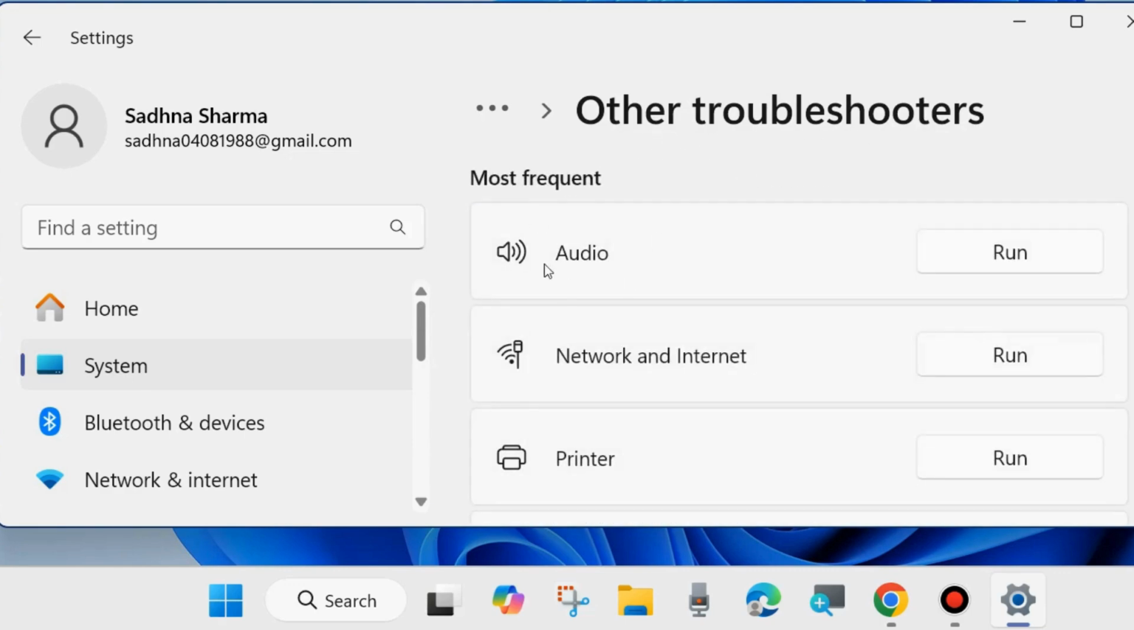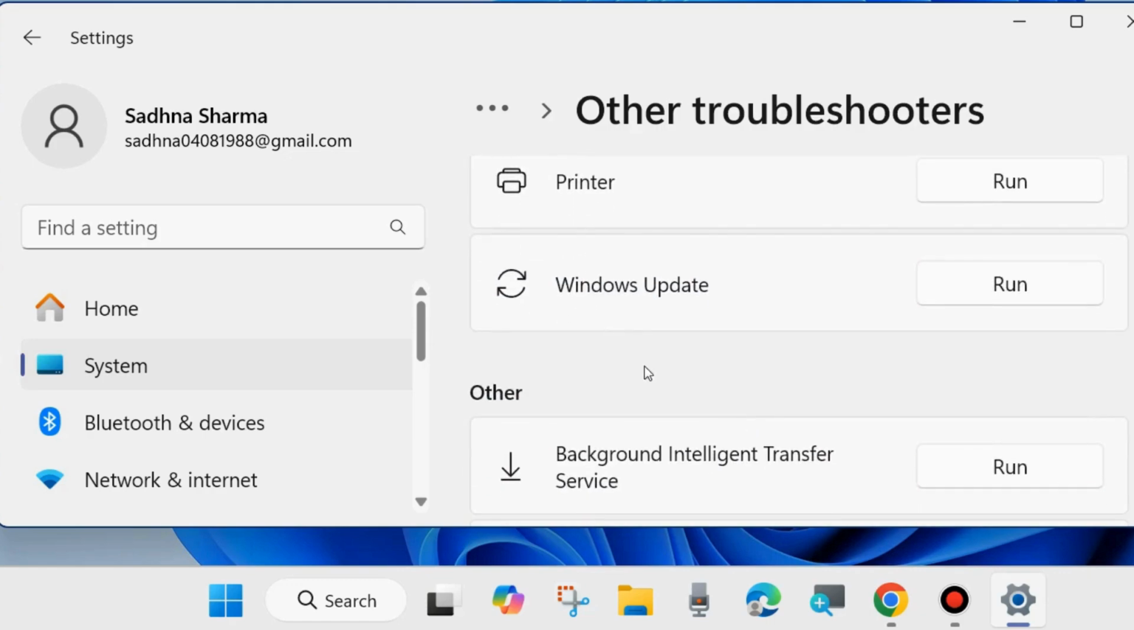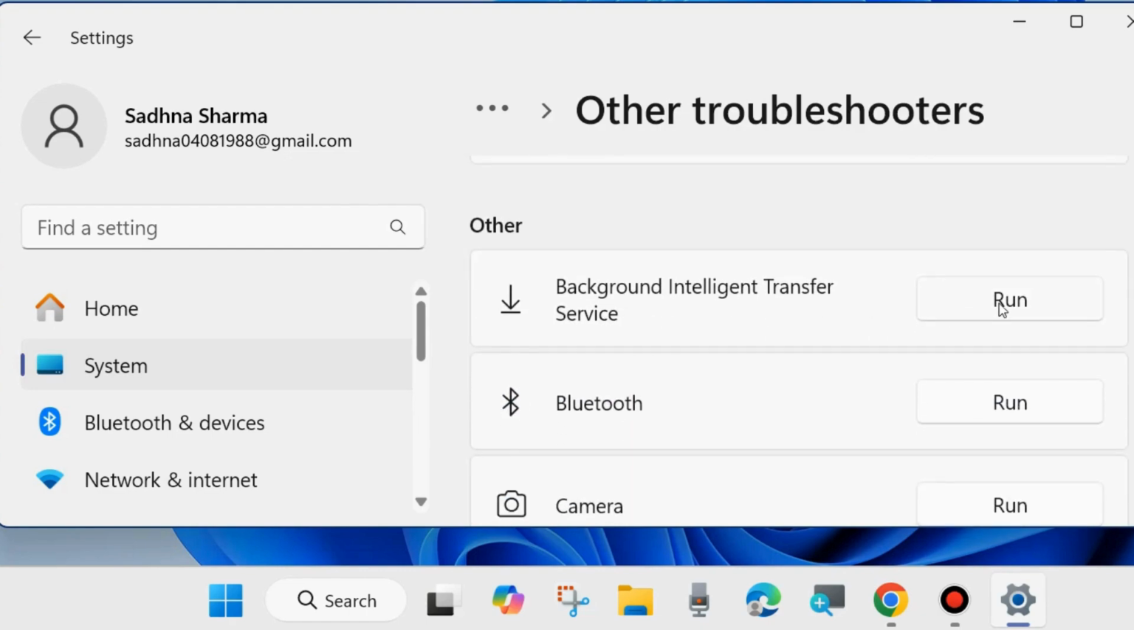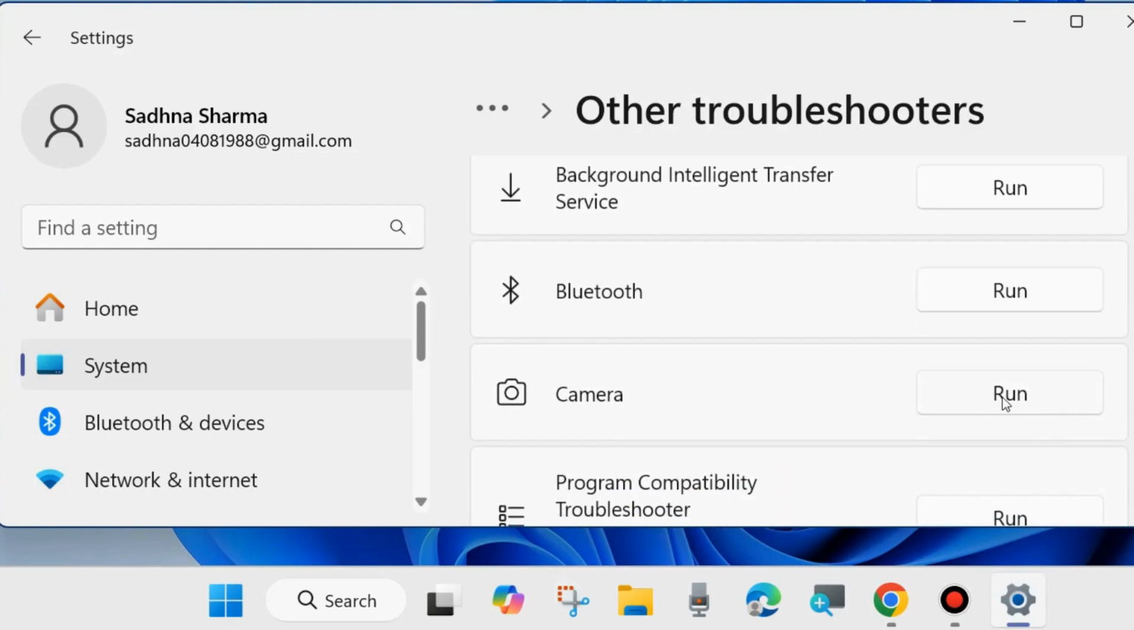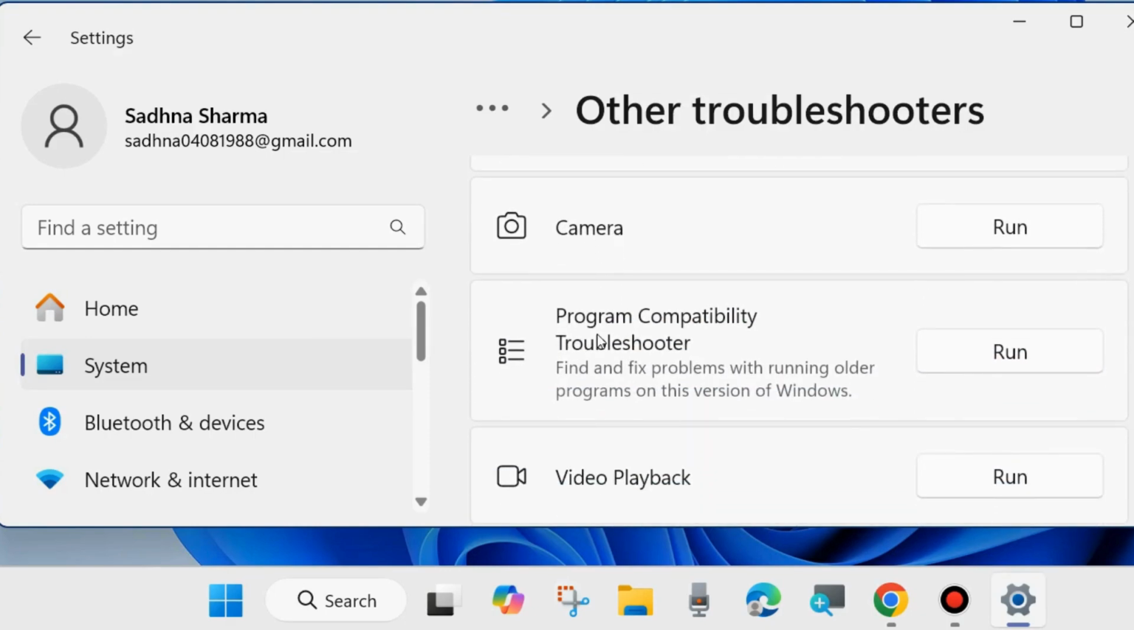and here you will find a lot of the most frequent troubleshooters: audio troubleshooter, network and internet troubleshooter, printer troubleshooter, Windows Update troubleshooter, and other troubleshooters such as Background Intelligent Transfer Service and Bluetooth. Simply click on Run against each and follow the on-screen instructions to complete the troubleshooting process. Camera troubleshooter, program compatibility troubleshooter,